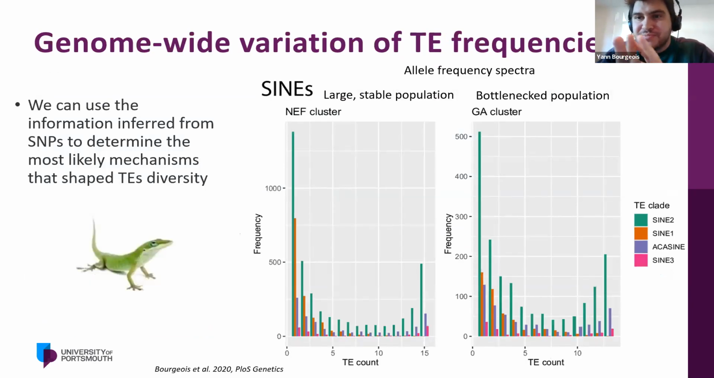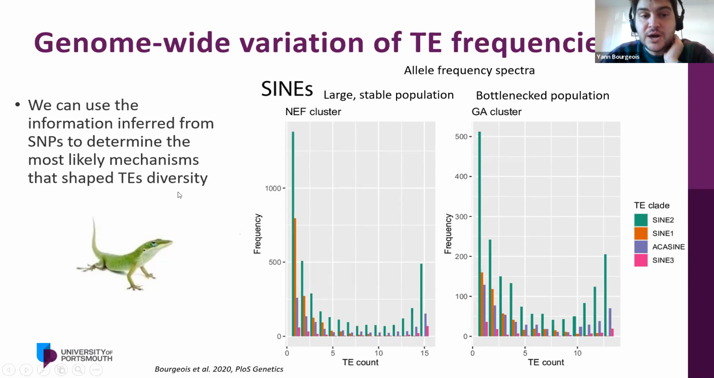Okay, so now we can go to the population genetics part. So what can we infer? What can we expect in terms of TE frequencies, depending on different mechanisms? So we can use the information inferred from single nucleotide polymorphisms to estimate what we call an allele frequency spectrum. So we look at how many, when you sequence, for example, 10 individuals, you have 20 alleles, and you just count how many